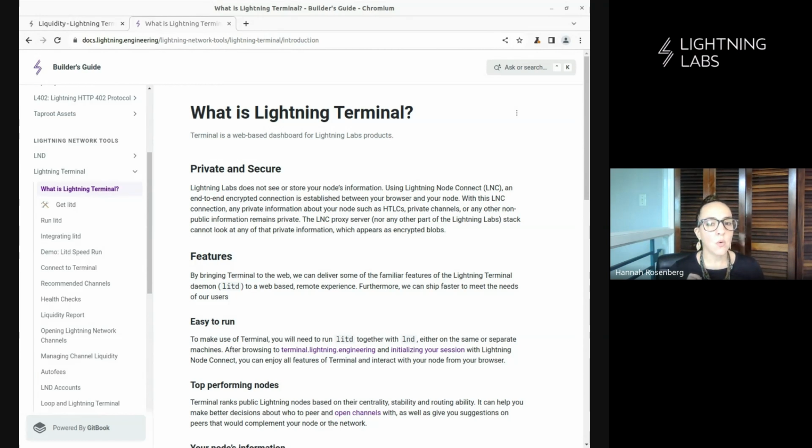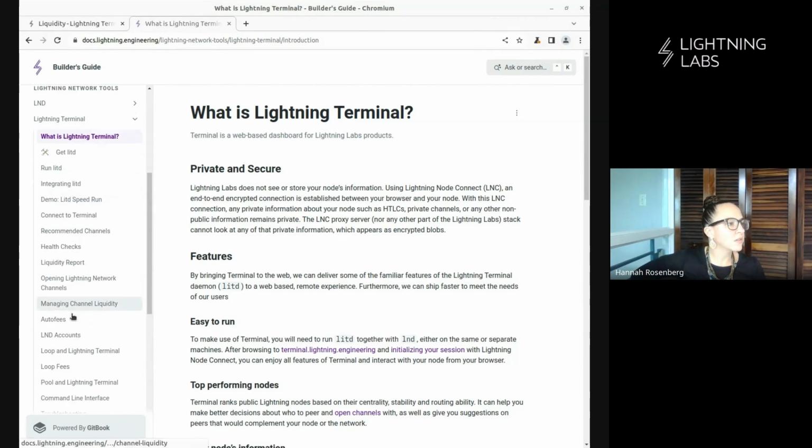And in this video, we're going to walk through one of the newer Terminal features, Autofees. This feature can significantly reduce the maintenance overhead for managing a node. It can improve fee earnings and improve the balance of funds on a node. The Autofees algorithm is designed to stabilize traffic and prevent underpricing of liquidity while adapting to changes in demand and routing flows. So here we are looking at the docs on Terminal, and if we scroll down, we can see